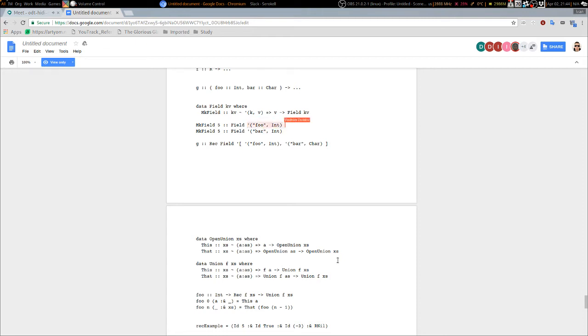This here is a promoted pair. And when you apply this interpretation to a list of pairs, you get a record where each element is the second component. So this rec field fooint bar char at runtime will contain the same information. It won't be equivalent at runtime. You cannot unsafe coerce between those, but at runtime it will contain the